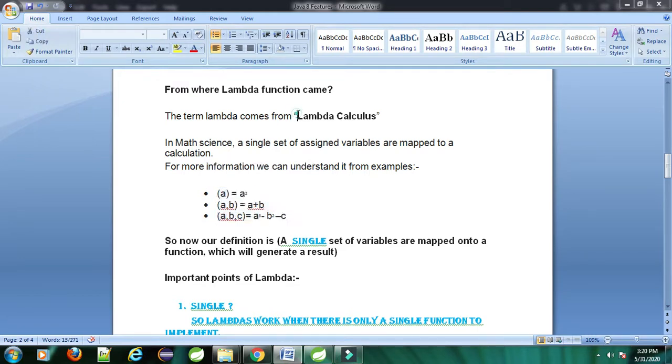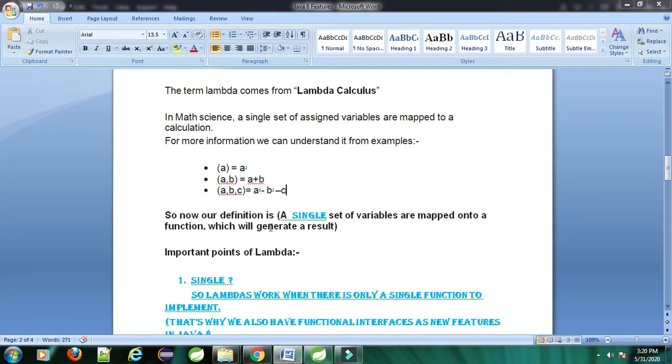That is why I wrote here lambda calculus. Our definition is: a single set of variables are mapped onto a function which will further generate a result.